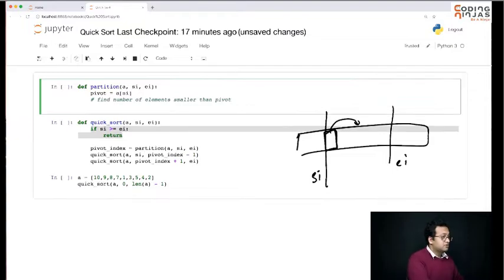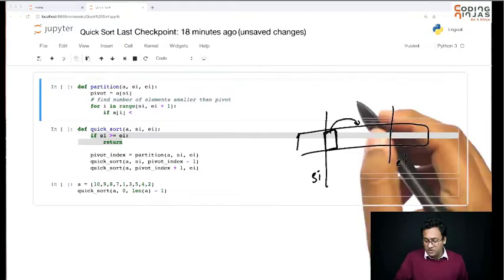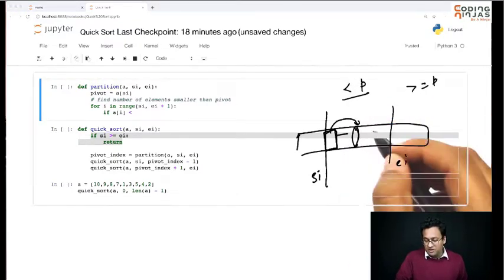Okay, perfect. For i in range, I want to go from start index till end index, so I'm going to say end index plus 1. So that's why I'm saying starting index to end index plus 1. If a of i is less than pivot, and I'm planning to keep everything less than p on the left side, greater than or equal to p on the right side.